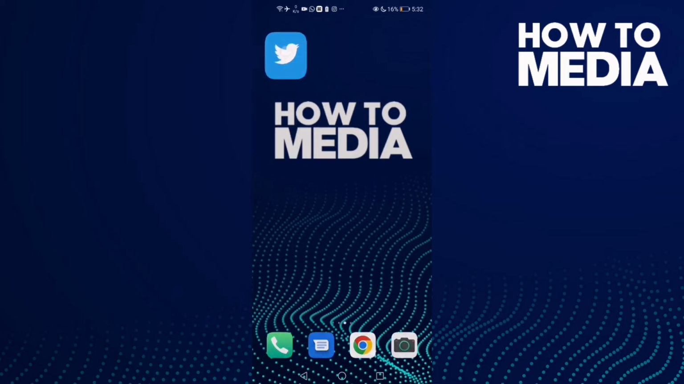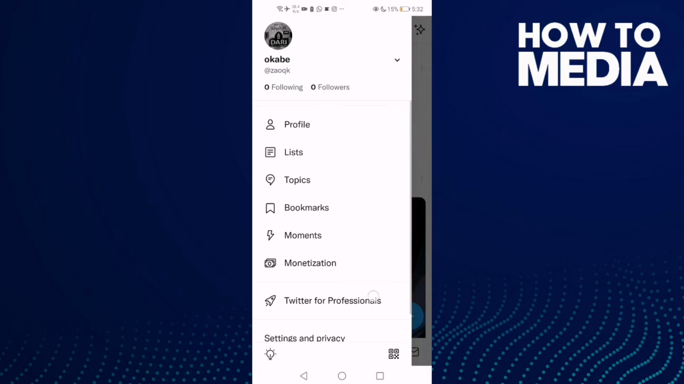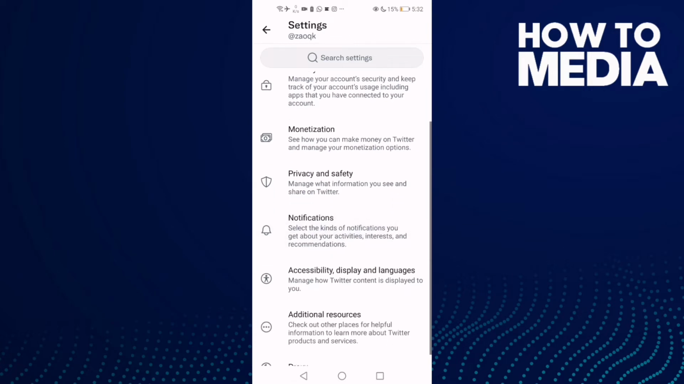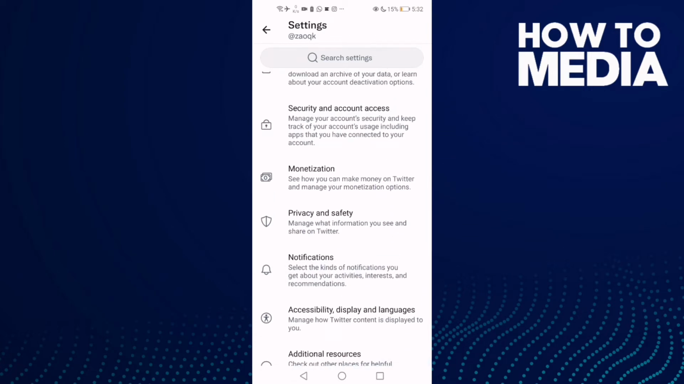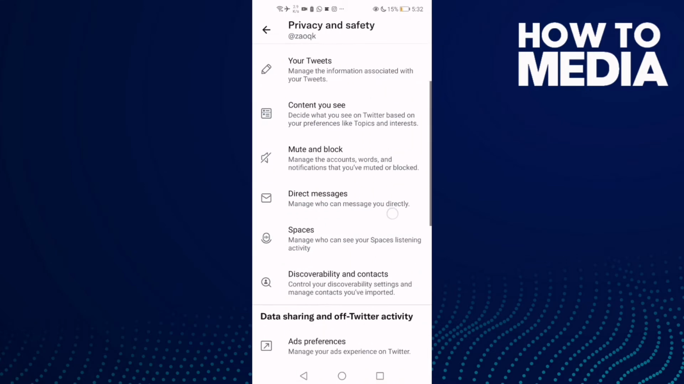First go to Twitter and then go here, and now I need to find this one, settings and privacy. Click on it, and then you will see this one here, privacy and safety. Click on it,